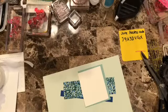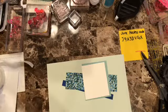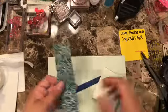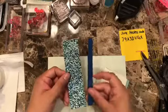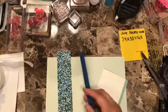I don't even know. It's kind of weird. Soft seafoam. Wow. I was like, what is the color? So anyway, this one, I have another piece of that design series paper. Like I said, I'm liking it. And this one, I use the new in color, which is the